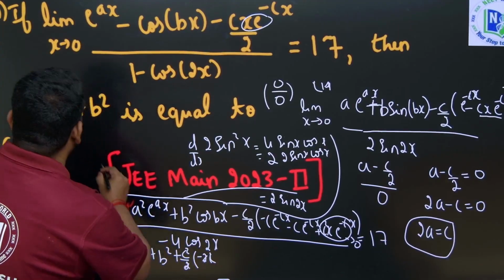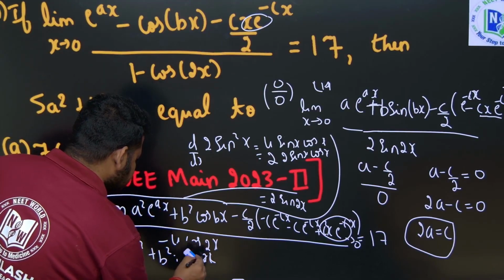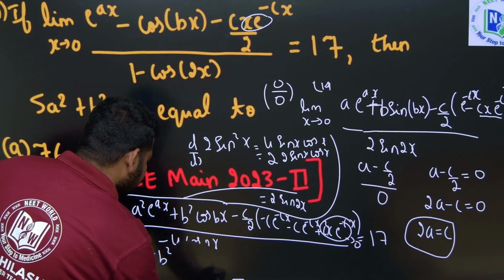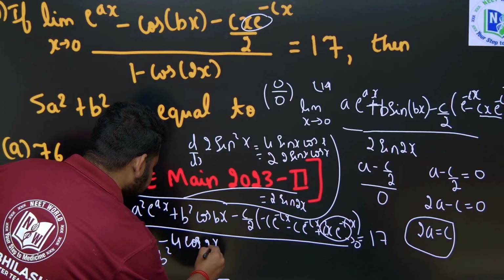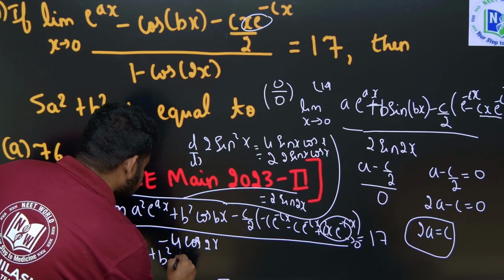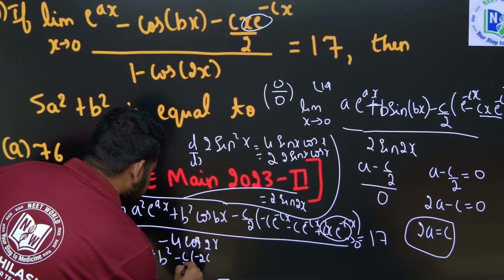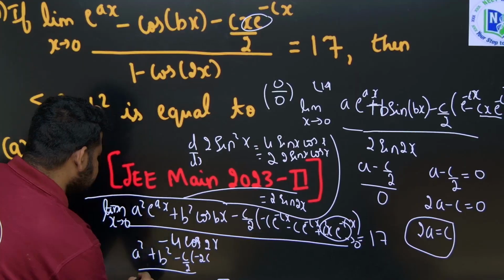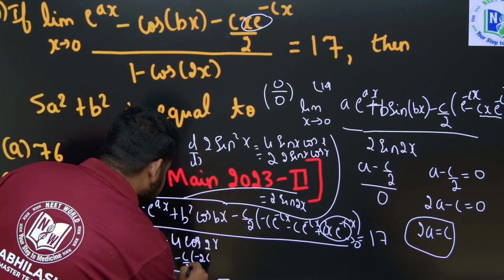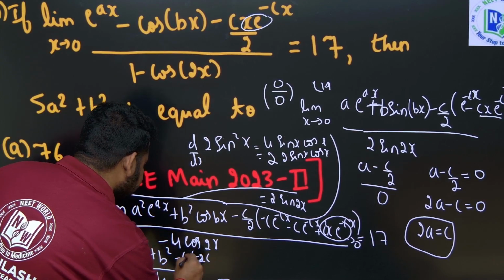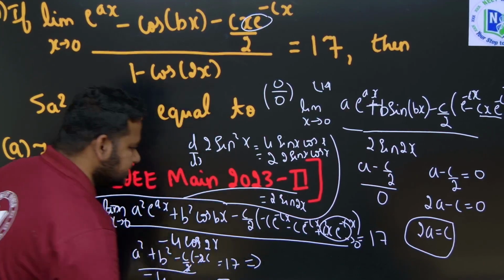So this will become a square plus b square minus c into minus 2c by 2, divided by minus 4 because cos 0 is 1. If I simplify, 2 into 2 cancels, minus into minus is plus, so this is equal to 17, this implies a